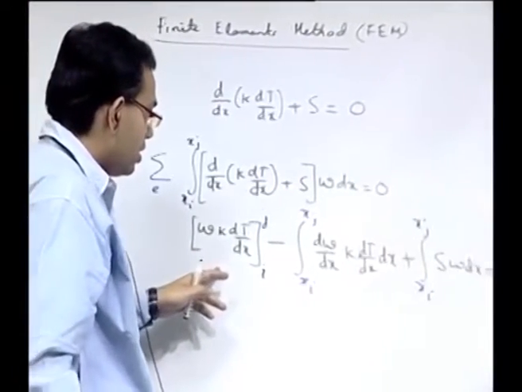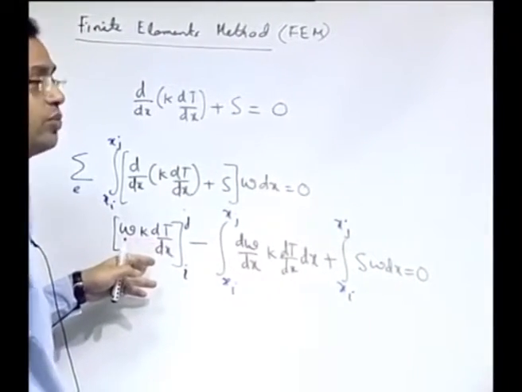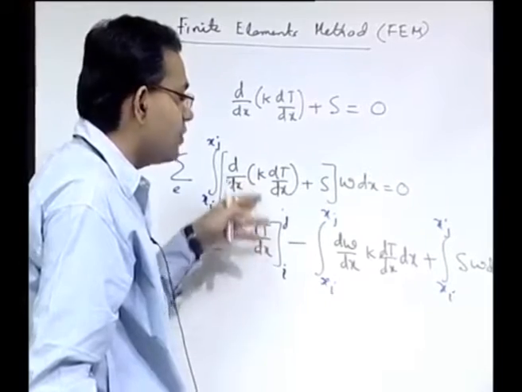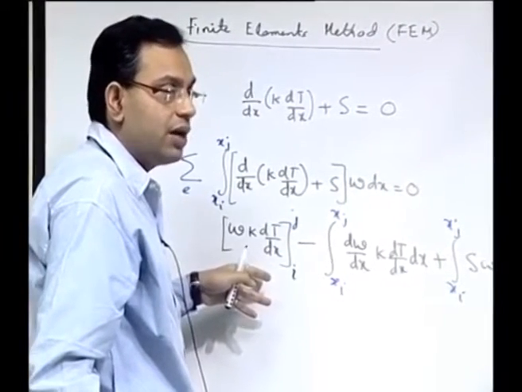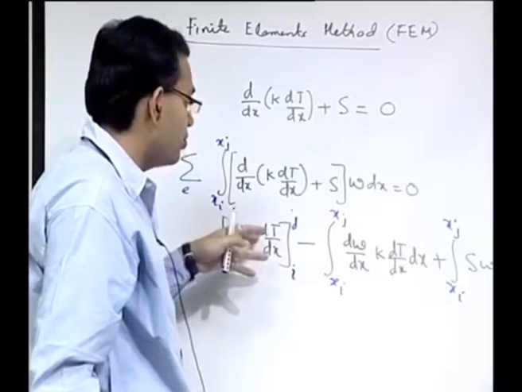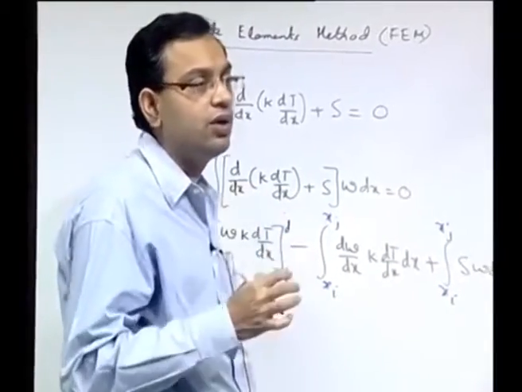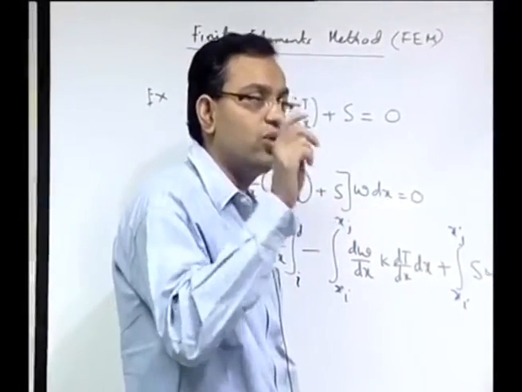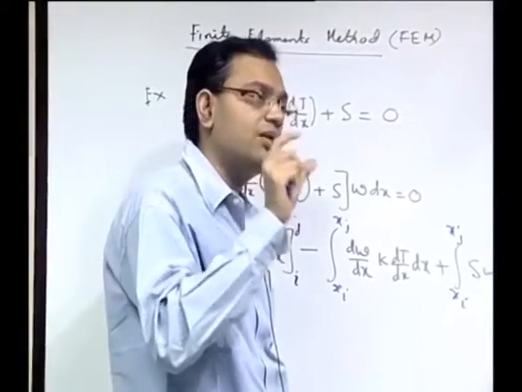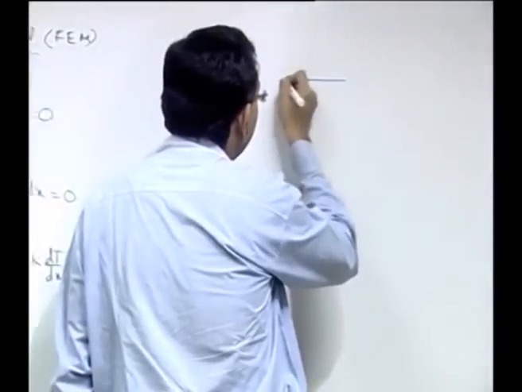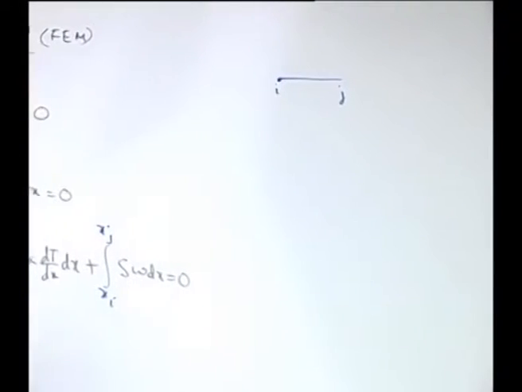Then what we will do, we have to now assume a trial function and a weighting function. See, we have reduced the order of the continuity requirement of the trial function by doing the integration by parts. So, the highest order derivative that you require is dT/dx. So, a linear function of T as a function of x will do, and a linear function will require two coefficients for its specification. So, if you have a two noded element which we sketched in our figure, with each element has node i and j, then that would be sufficient. But if that was not the case, then you would have required a higher order derivative to specify.